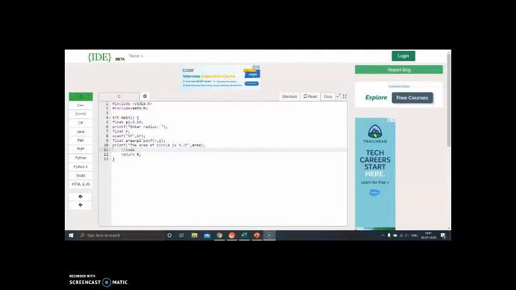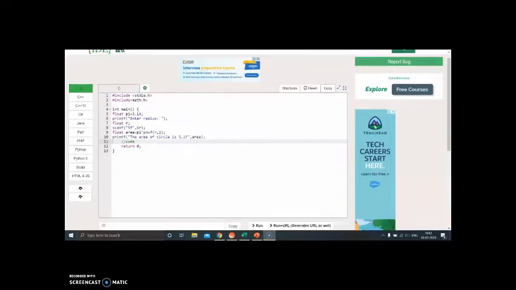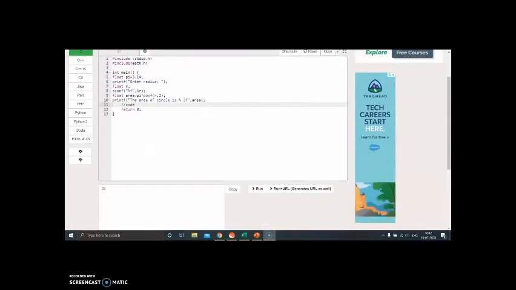Also here guys, if you want to avoid this, you can just write 3.14 here instead of pi. Then we'll print an answer statement: printf, the area of the circle is %.2f, we'll round it off to 2 decimal places, and comma area, the value of area will be replaced in this statement. So now let's try running our code.